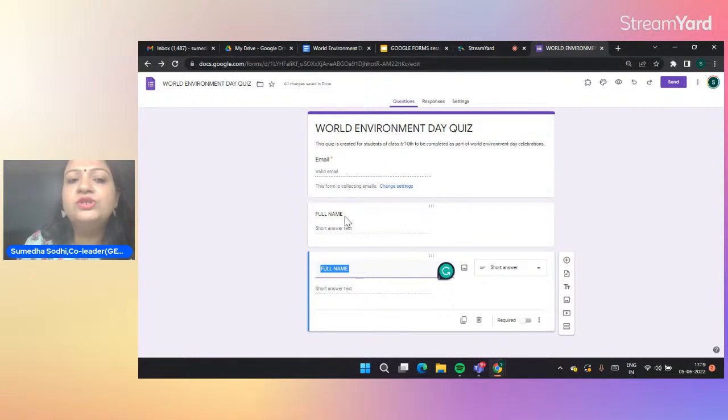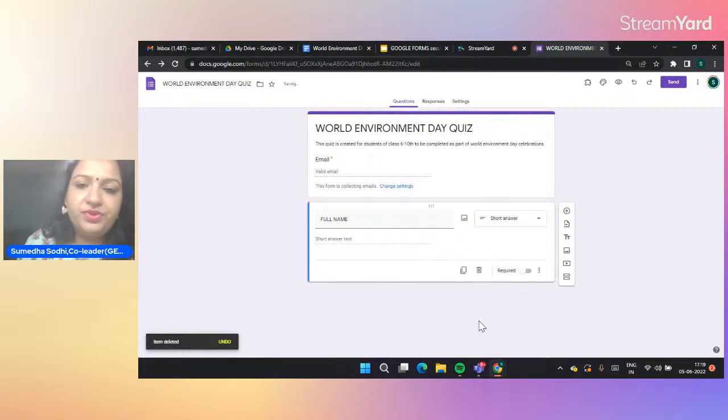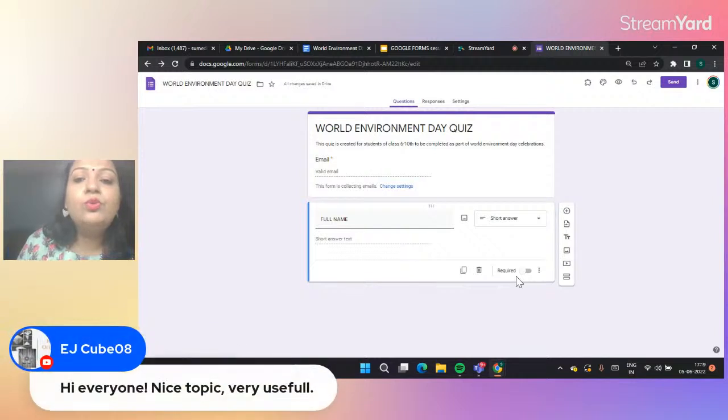The first question was full name, and another question has automatically become full name because I clicked on this duplicate option. But if I don't want this question to be duplicated, or I have added it by mistake, here is this dustbin option which I can use to delete this question. And here you see there is a button which says required. If I click here, it will turn purple, or any other color theme which you have chosen for your form. So if I click here, it will darken, it will become bright. It means without answering this